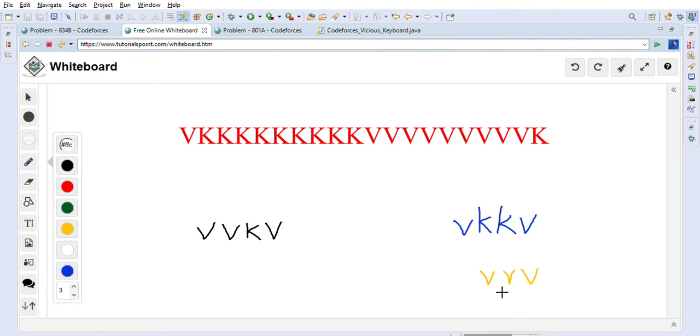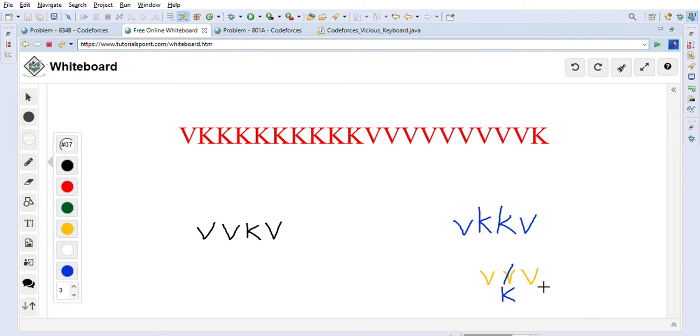How many maximum VKs can we get? What we can do is change this last V to K, so we can get one VK here. So after one change we can get a maximum of one VK. Our goal is to maximize the number of VK substrings. So this is our goal, right?